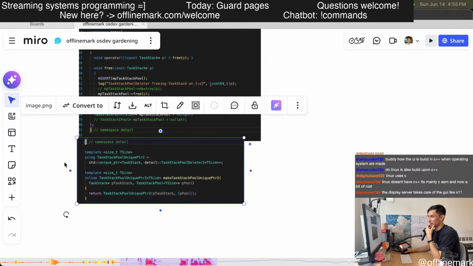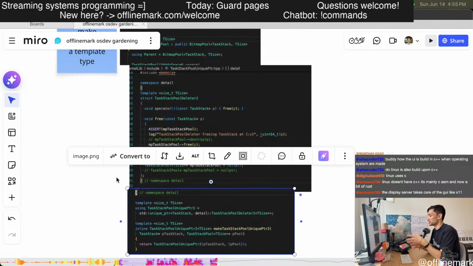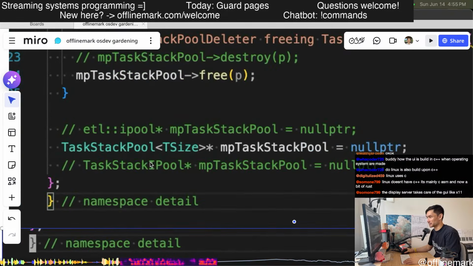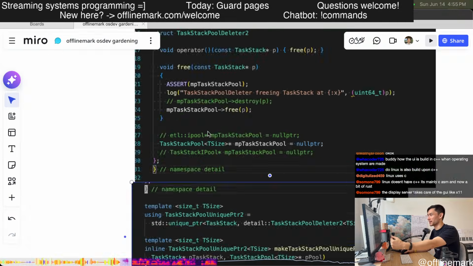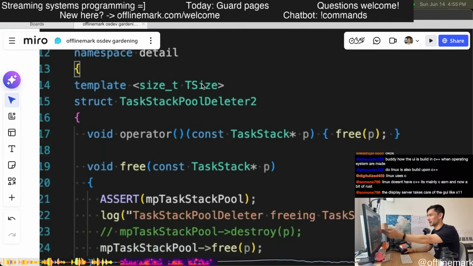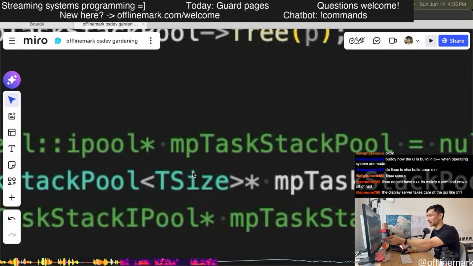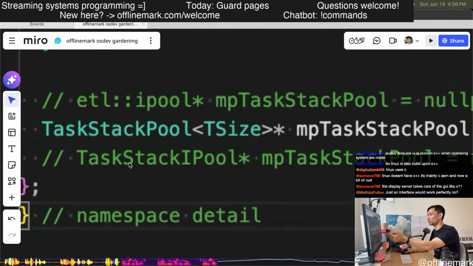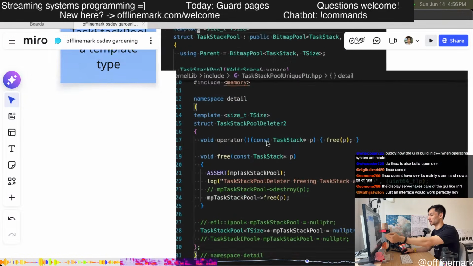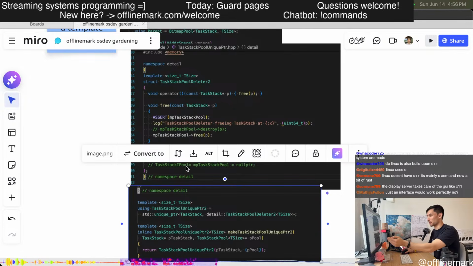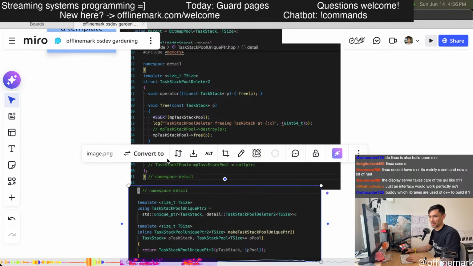And so that is why in these situations you reach for type erasure to prevent this massive proliferation of everything becoming a template. This is exactly illustrating what I want. Rather than having this be a template and then needing to pass it into here, it would be so cool to just have this I pool thing, and then this is no longer a template. The problem is that this is hard to do.